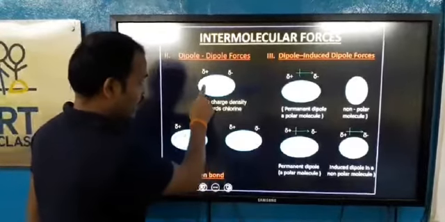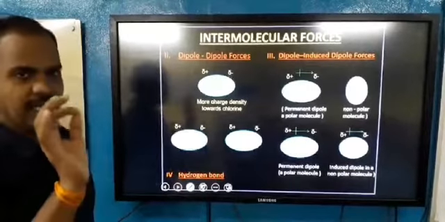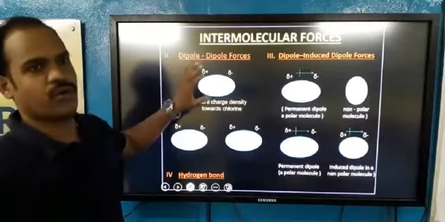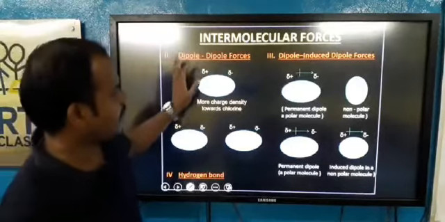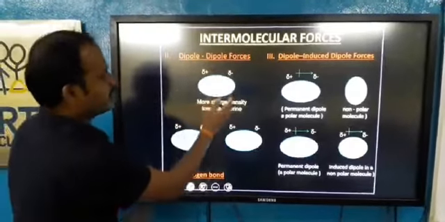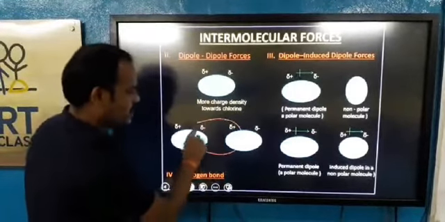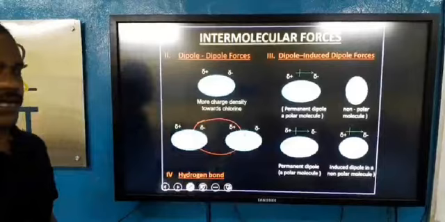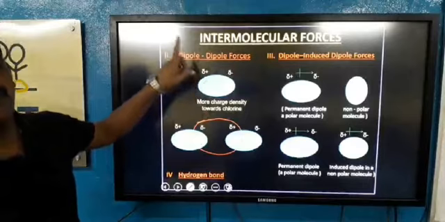Here you can see hydrogen is positively charged. This one is delta. Delta means very, very less. So this one is positively charged, but the magnitude of this positive charge is not very high. So a small positive charge develops on H, and at the same time a small negative charge develops on Cl. Because of this plus and minus, now you can easily understand these are two molecules of HCl. Here this minus will attract this H plus. So these two polar molecules will come closer. So the dipole-dipole force works in the case of polar molecules.